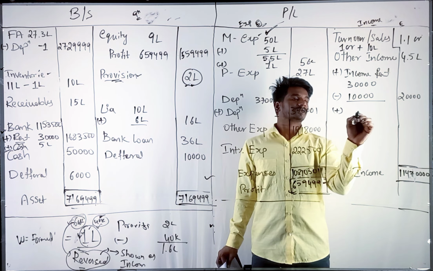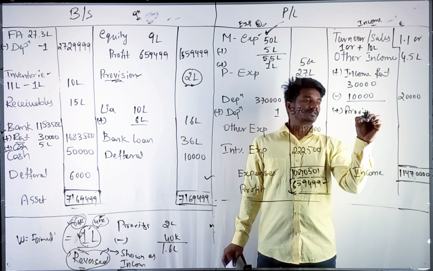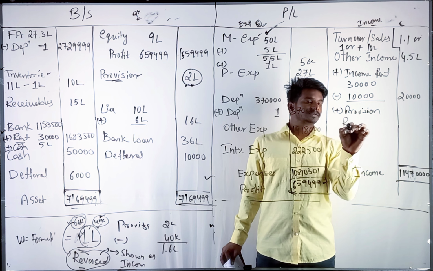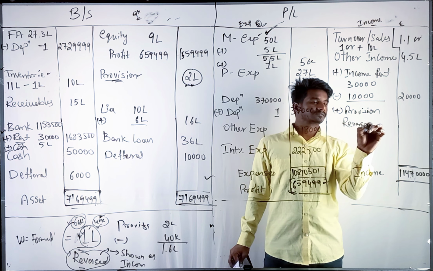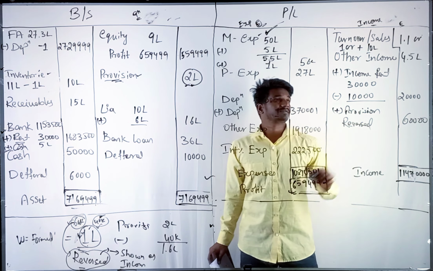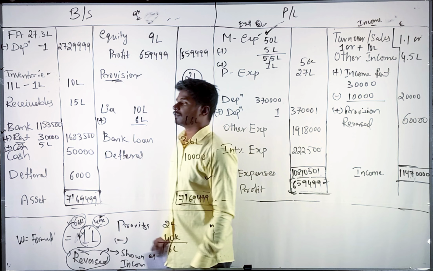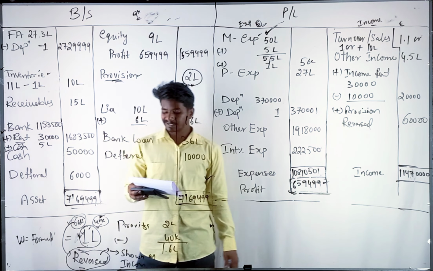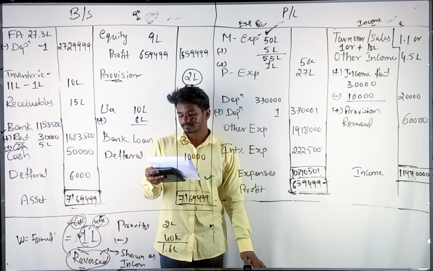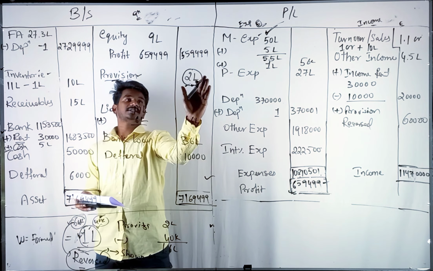We should show provision reversed 60,000 rupees. We should add it to the other income, that is 60,000 we should add. Is there any other point? No. Right. Now, out of this 2 lakh,